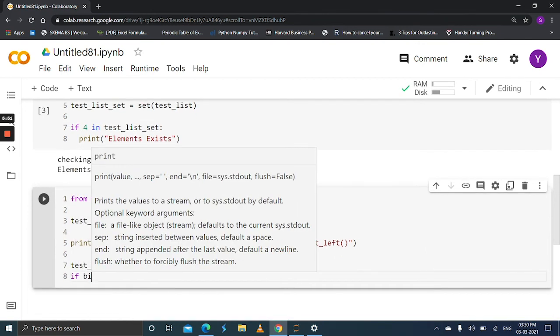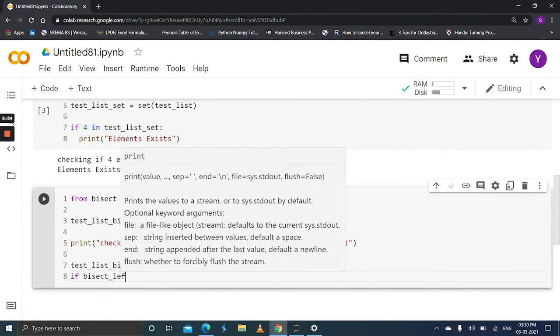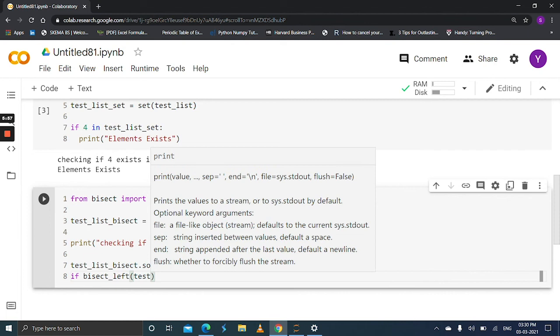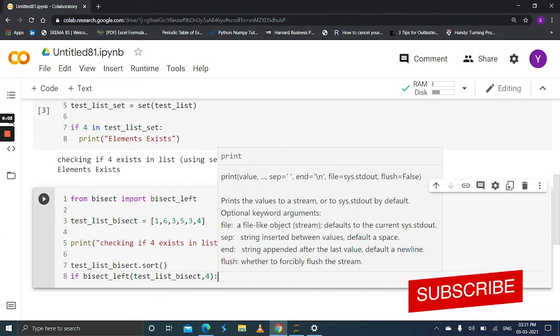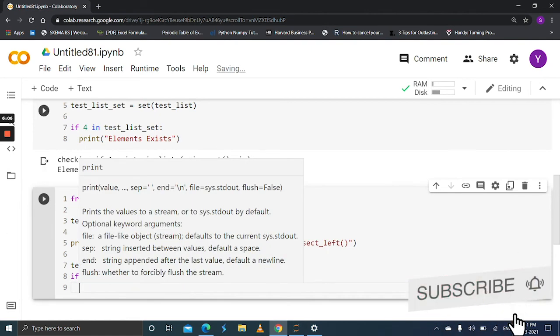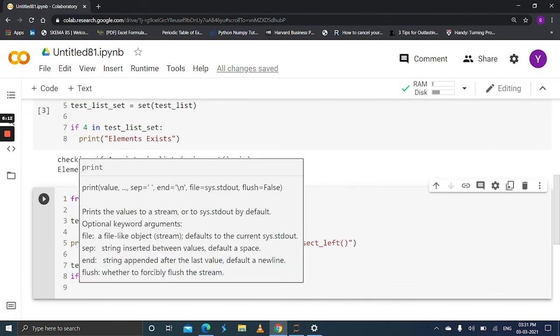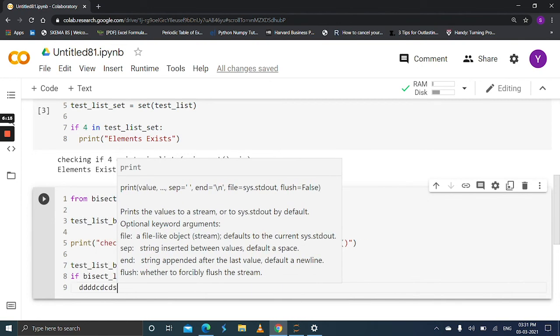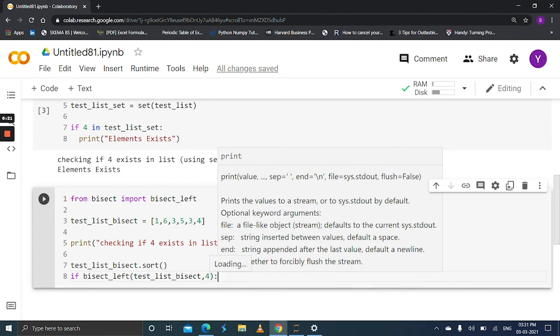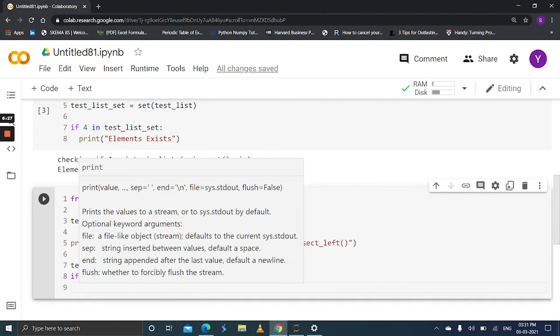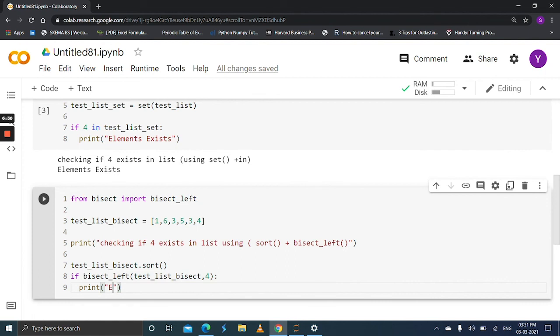Now, if bisect left of test list bisect comma 4, if this 4 is present in test list bisect, then it prints element exists.